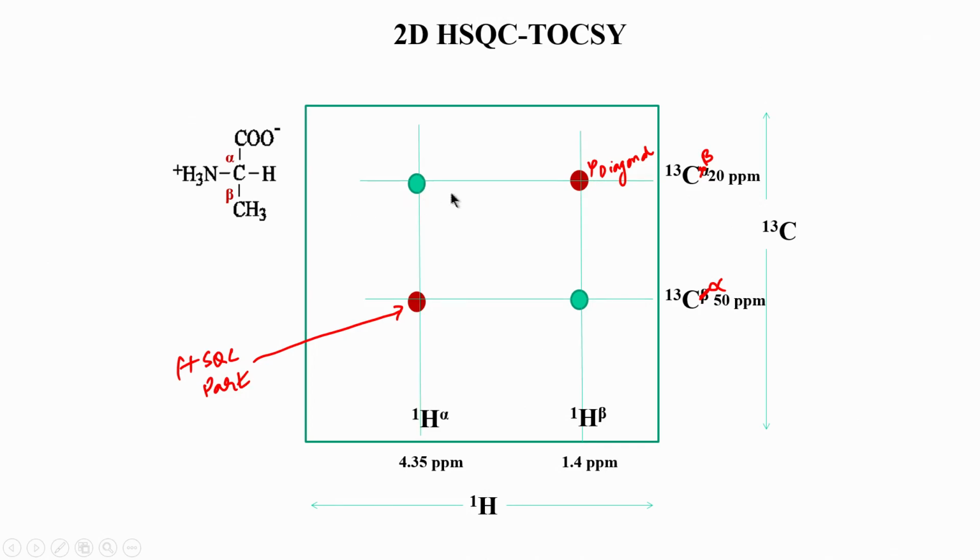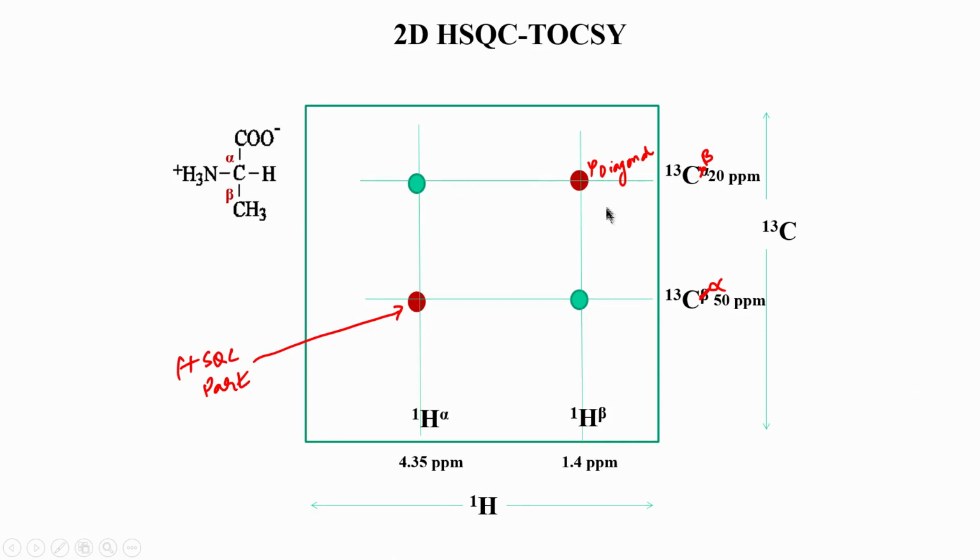So, this looks as if it is a diagonal for some people and this looks like a cross peak, but this is already a cross peak, because remember this is the proton axis and this is the carbon axis. So, there is no question that this is a cross peak, this is actually not a diagonal peak, but now additional cross peaks are available, and that additional cross peak is coming because of the TOCSY mixing which we saw in the previous slide, that this hydrogen is now correlated with this carbon and this proton is correlated with this carbon. Okay. So, we can see this is the cross talk between two carbons.